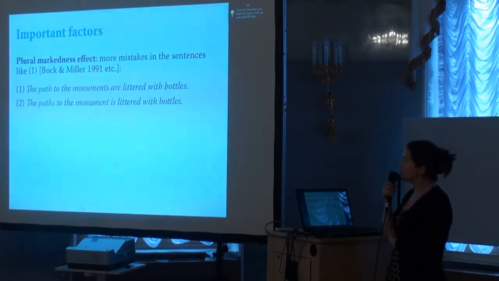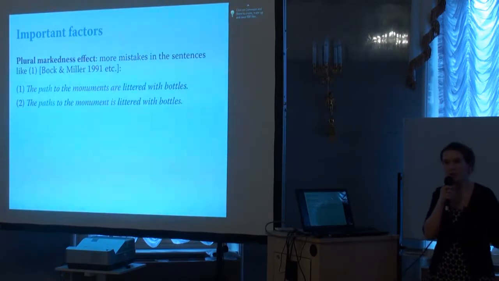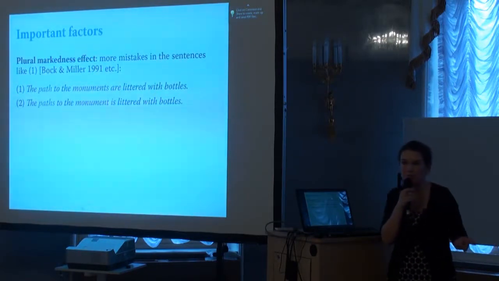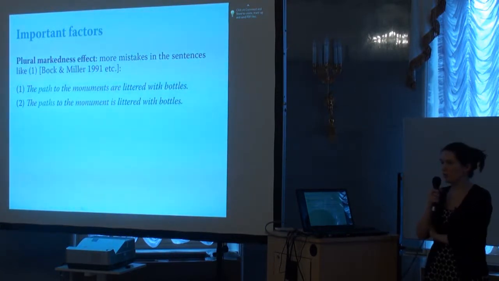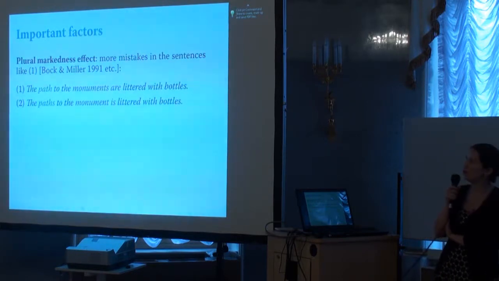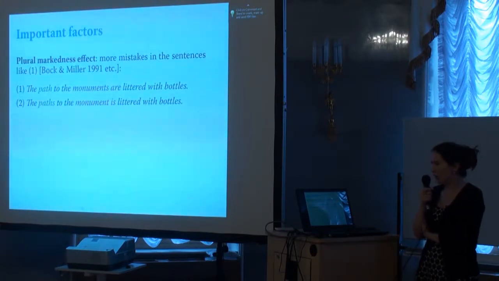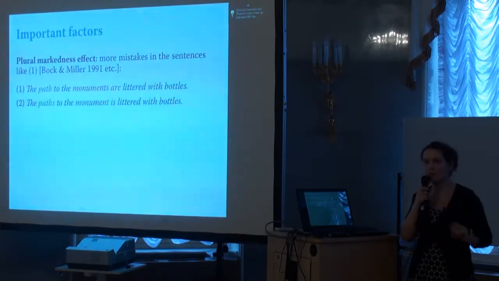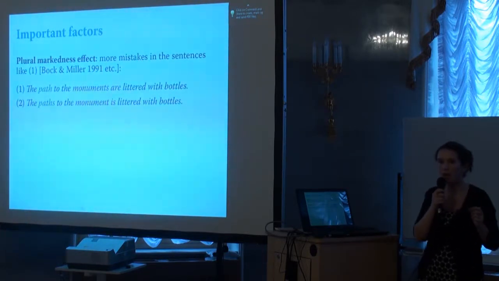So what does it tell us about the number feature? It tells us that two values of the number feature, singular and plural, are somehow different in our mental grammar. And then let's try to speculate what the difference is. The opinion that most authors that work on these agreement errors share is that most of them just treat the number feature as privative. So they think that singular is like a zero, while plural is